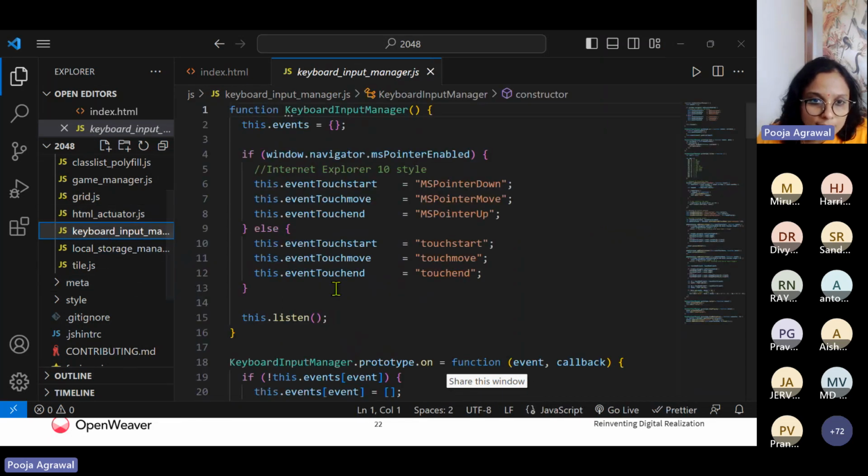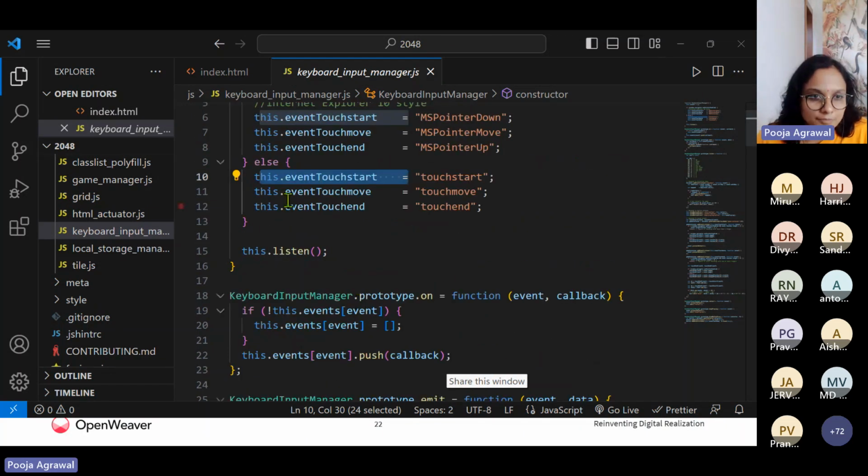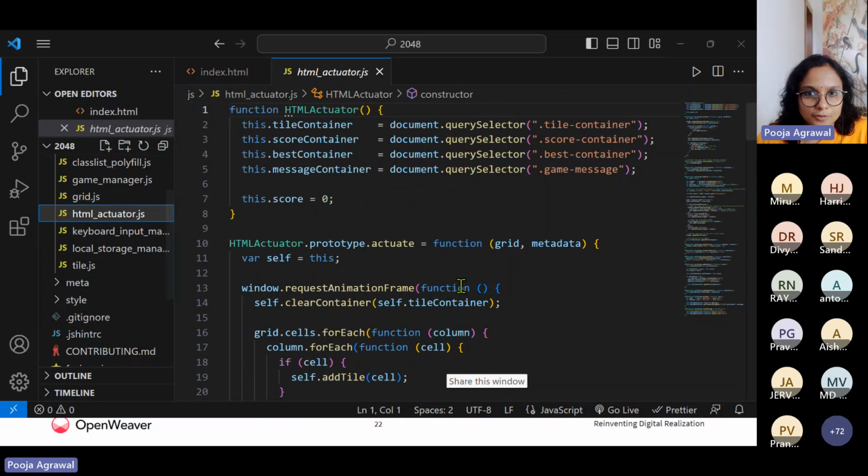Then for your keyboard input, to move the pointer up and down using the keyboard to play the game, this particular file is there. Then you have your tile container, score container.